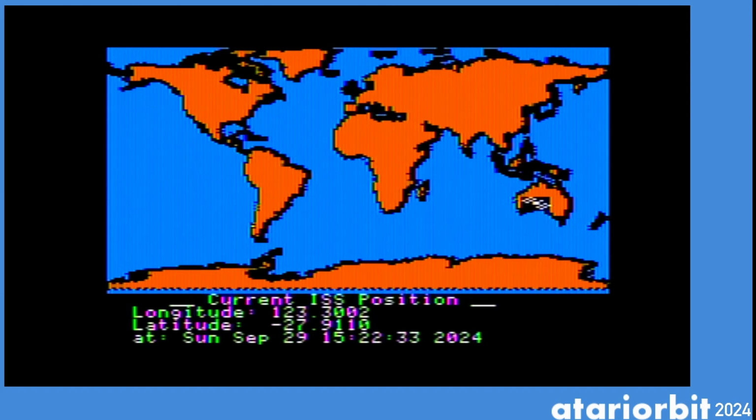It doesn't update that fast, so I'm going to speed the video up here in a moment just to give you a sense of the motion, but it does move around. I think it updates about every 5 minutes, and we'll put down the track. But this is another great little utility or app for the Apple II that you could just set and forget about,